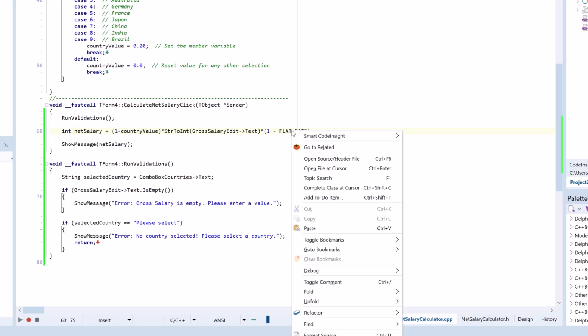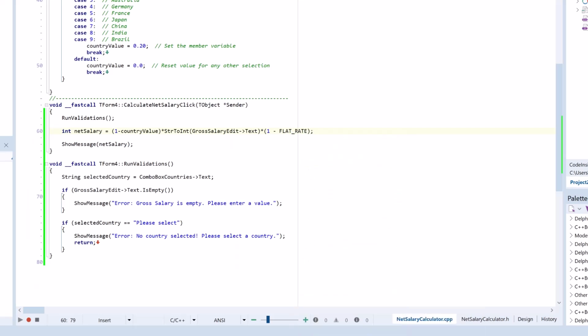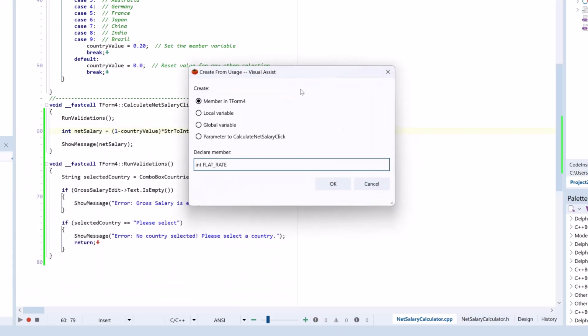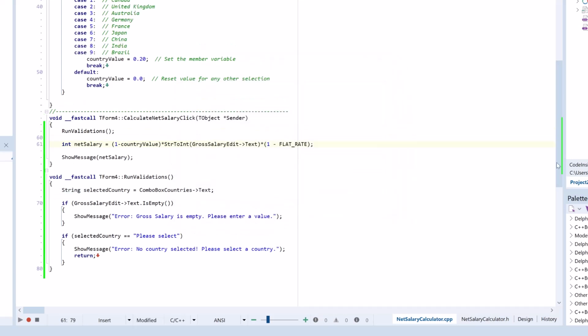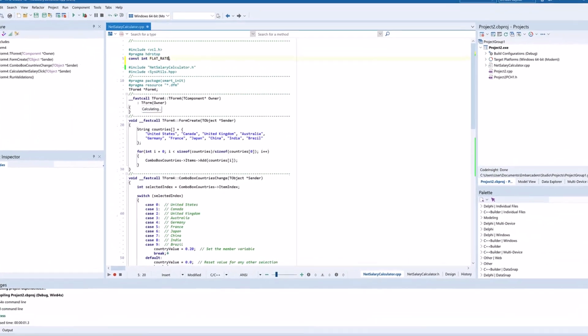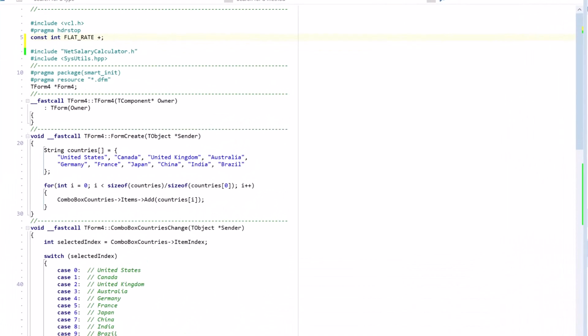So you can right click on an undefined symbol, you go refactor, create from usage, and you can choose to create a new, in this case, variable for an undefined symbol. And for this case, what I will want is to create a global variable. I will make it a const and click OK. And what happened was VA indeed created a variable for me